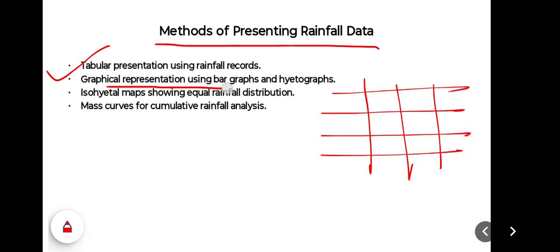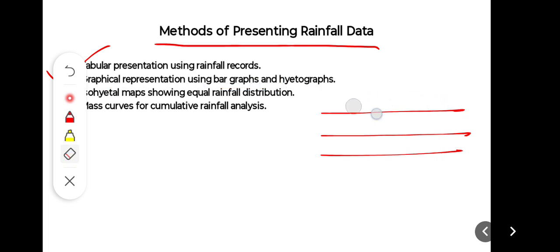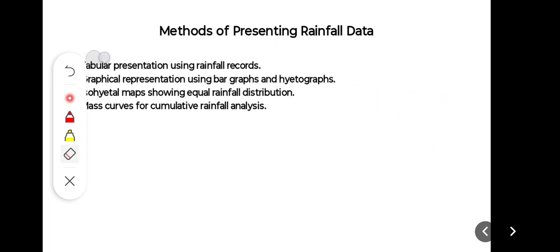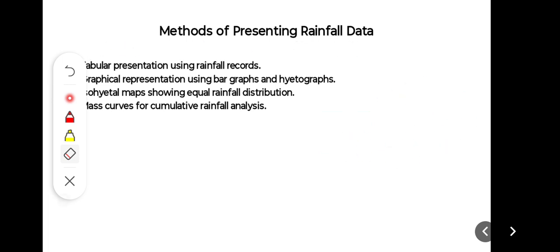Graphical representation using bar graph or hydrographs, as I explained, in the terms of hydrograph you can represent it,